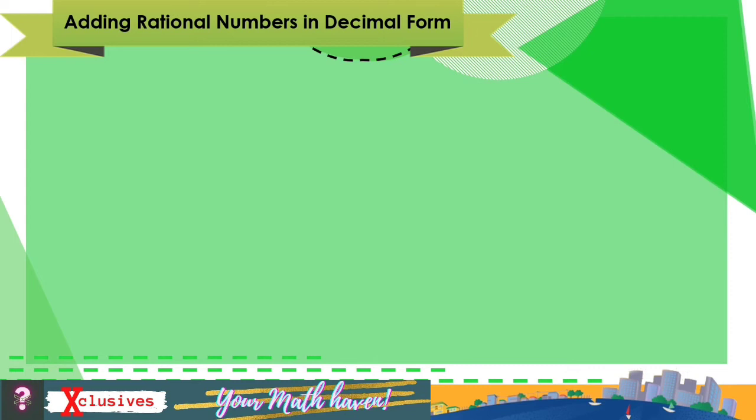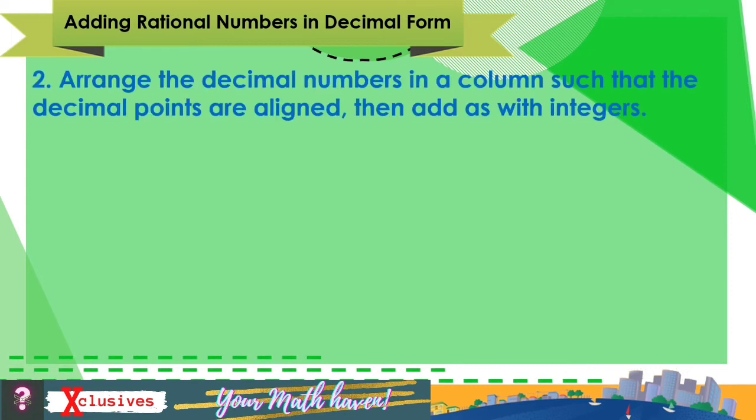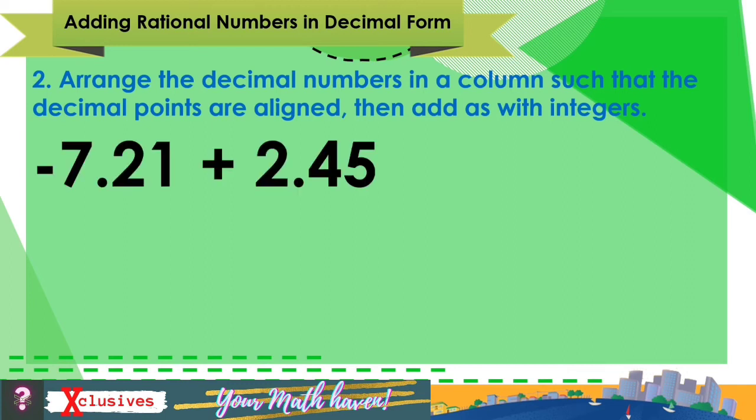Another way of adding rational numbers in decimal form is to arrange the decimal numbers in a column such that the decimal points are aligned, then add as with integers. Example, negative 7.21 plus 2.45. So it says here we are to arrange the numbers in a column. Let's do that. So this is negative